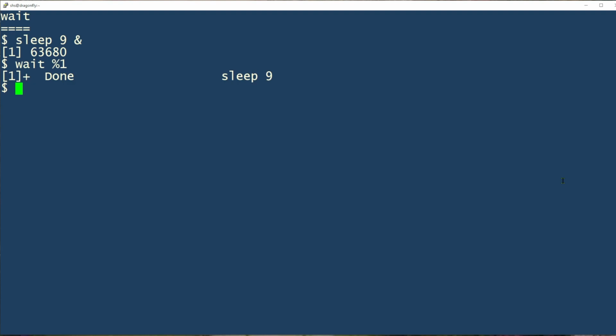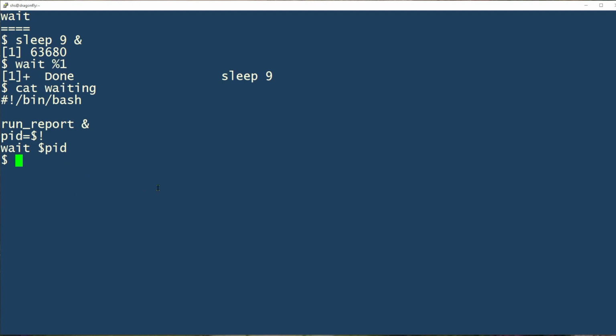Now, you can do the same kind of thing in a script when you want to wait for a process to complete before you move to the next step. So say you want to produce some kind of report, and then you want to use it in the rest of your script. You might start your script like this. And here we started the report. We grabbed the process ID, and $! is the process ID of the most recently backgrounded process. And then we wait for that. And after that, we'd have the lines that process the data from the report.